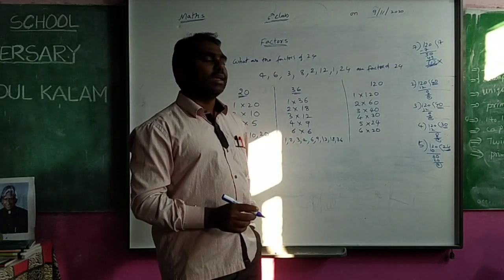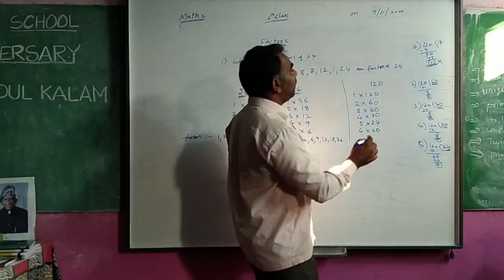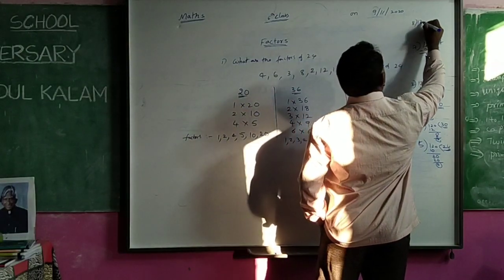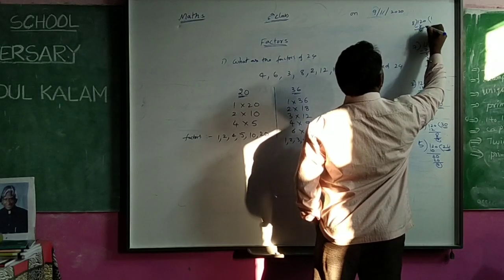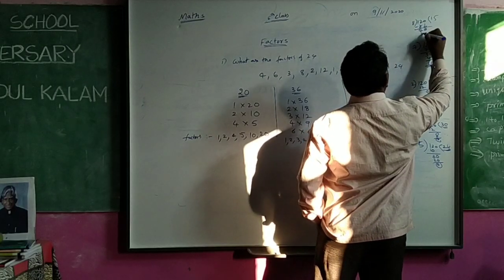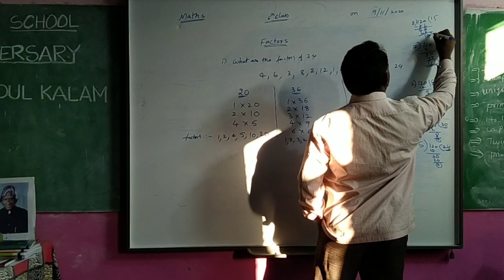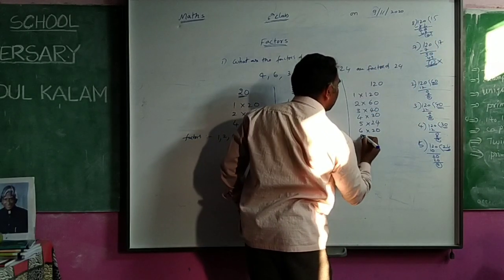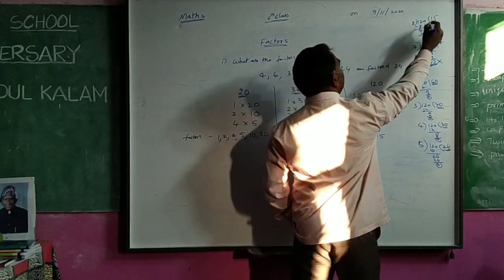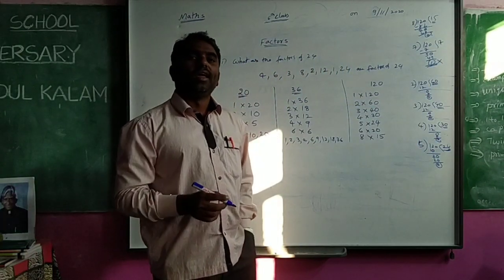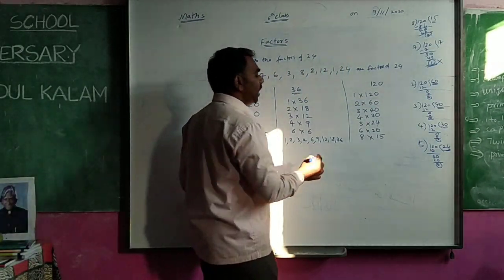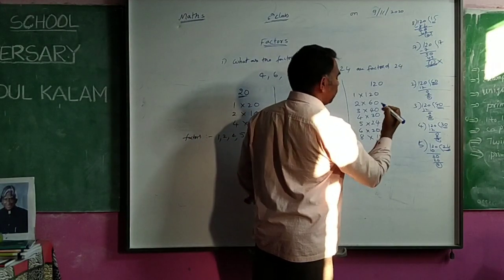After 7, the 8 table. Check the 8 table. 120 divided by 8. 8 ones are 8. We are getting 4 here. Next number 0. 8 5s are 40. Yes, you got 0. So it will come. How? 8 15s are 120. Okay, then after 8, we will take the 9 table.